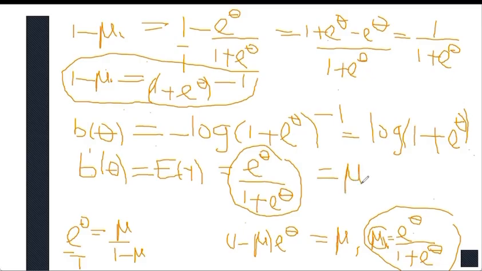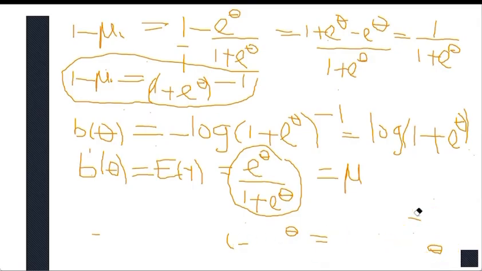Okay, so the expected value of y is this mu. So mu here is the proportion. And how am I going to find the variance? I'm also going to show you how you get the variance as well. Don't forget, I said if you want to get the variance of y,